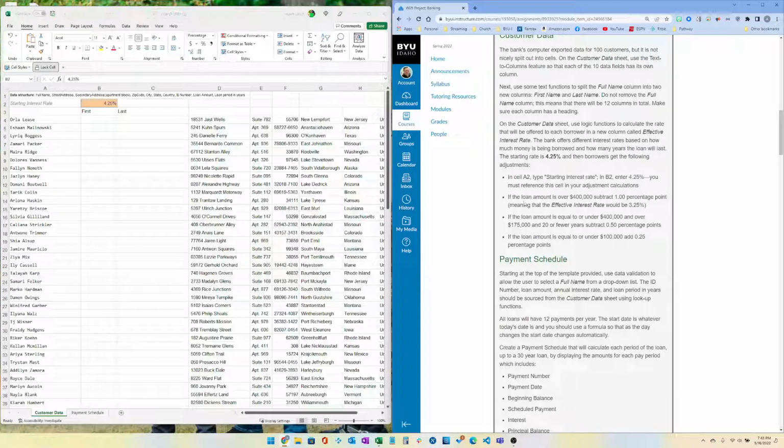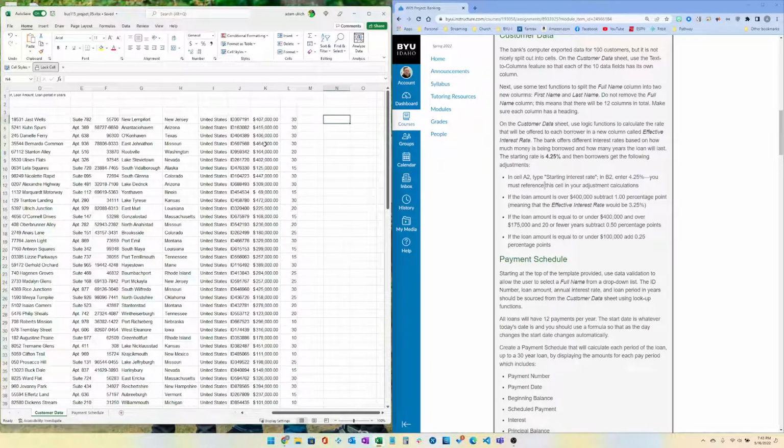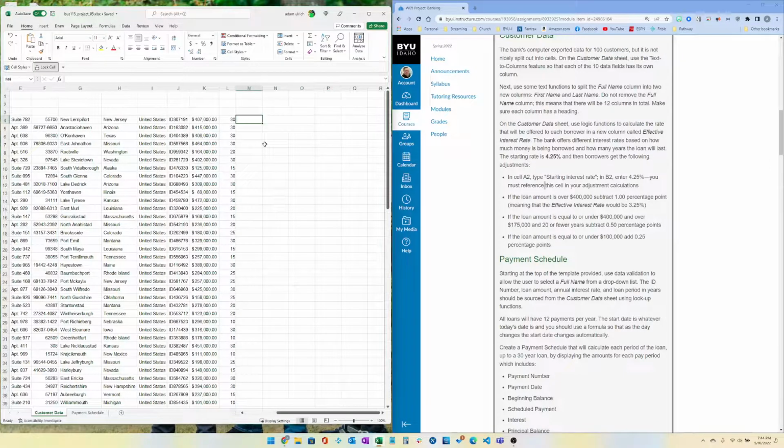Then it gives you 1, 2, 3 rules to figure out how to do this. It looks like they got rid of one of the rules. It had New Jersey in there. You don't have to calculate the New Jersey one. The way I solve these sort of problems is I break each rule into a different IF statement. So I'm going to put them right here like this. As an example, it says the loan amount is over $400,000,